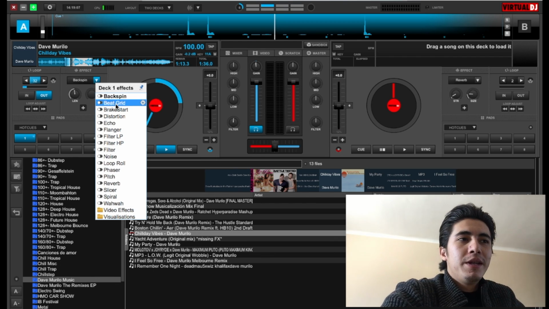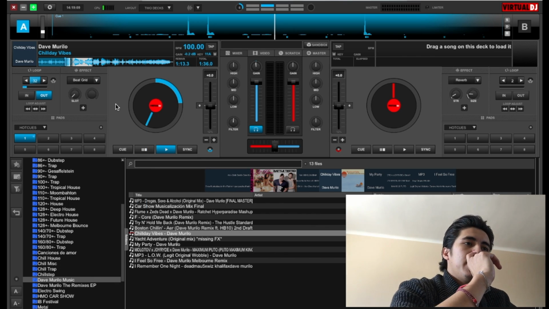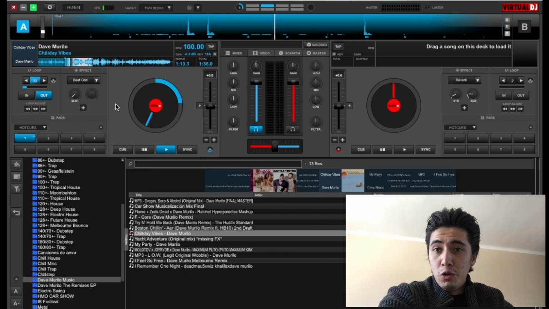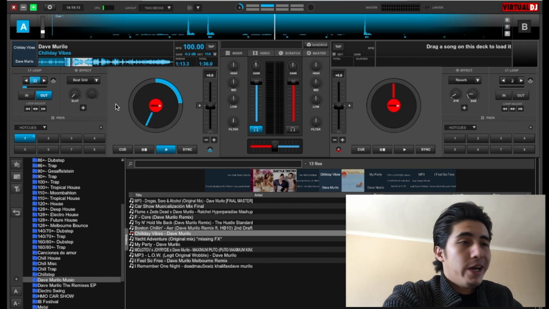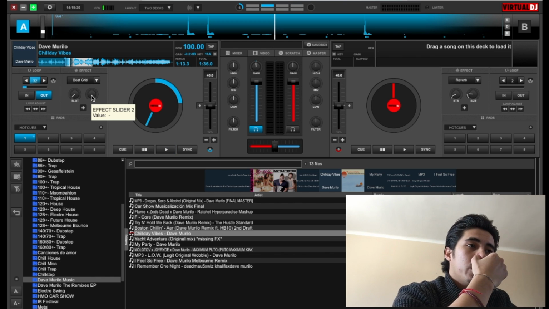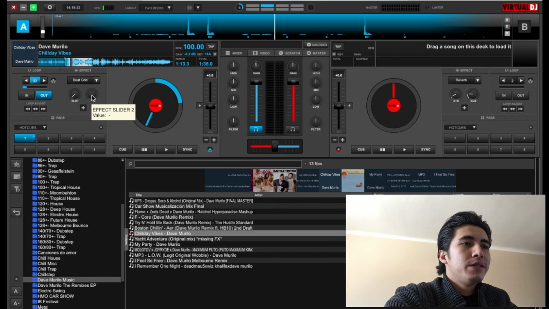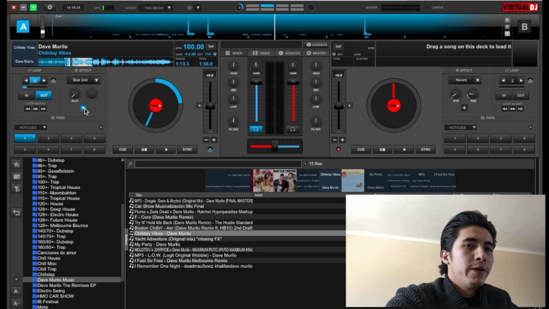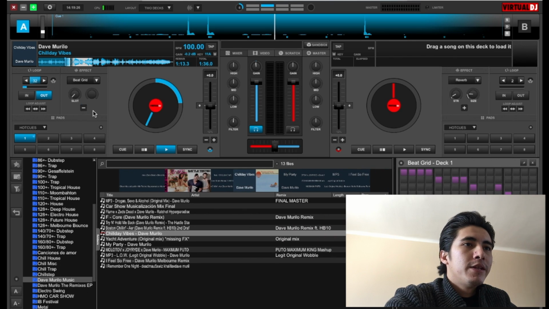So moving on with the next effect, the beat grid. Technically this one is just gonna kind of loop a section of your track and it's just gonna be repeating it over a definite period of time. Also, if you want more settings for your effects, you can always just click on this square, bam. And as you can see, the beat grid is just gonna repeat on these purple squares. So if I just play it,